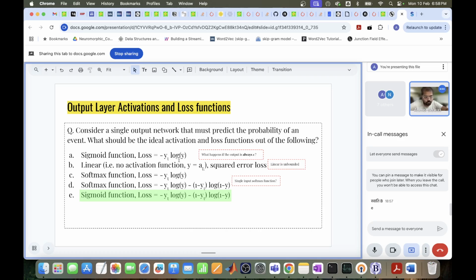And if it defaults the output to 1, then your loss becomes 0, right? And it has found a shortcut way to minimize the loss that could be problematic, right? So the way that you overcome that is by taking care of the negation of 1 as well,